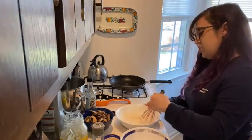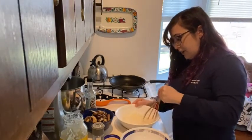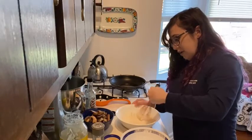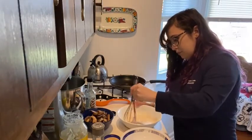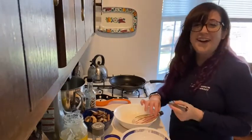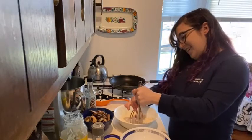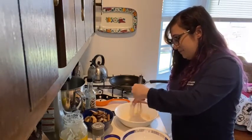Turning it like a nice shade, just a slight pink. It's kind of nice. It's kind of fun. I just want to get all the dry stuff out. I don't want there to be any little pockets of clumps. I knew that was gonna happen. It's happened like once before. Alright,